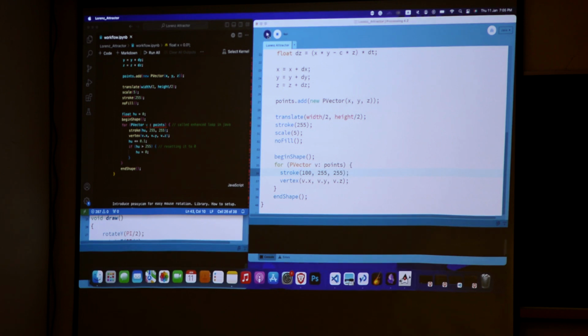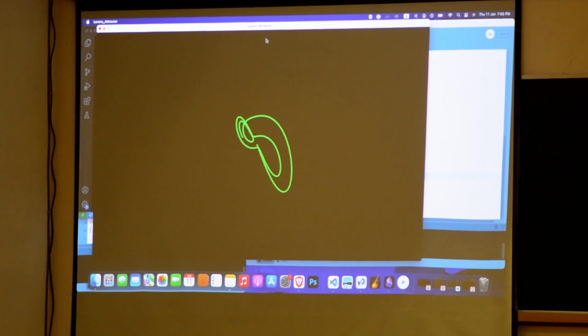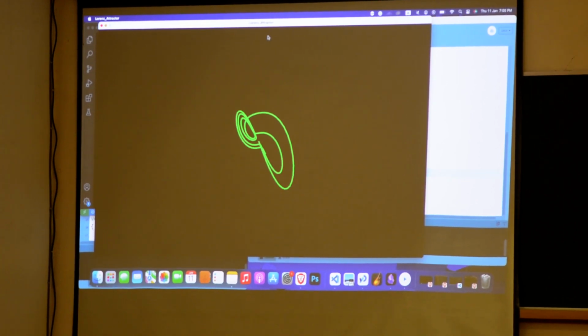Let's see if it's colorful or not. It is some greenish color. Sorry about it. My screen color and that color are entirely different. Anyway, now as you can see,